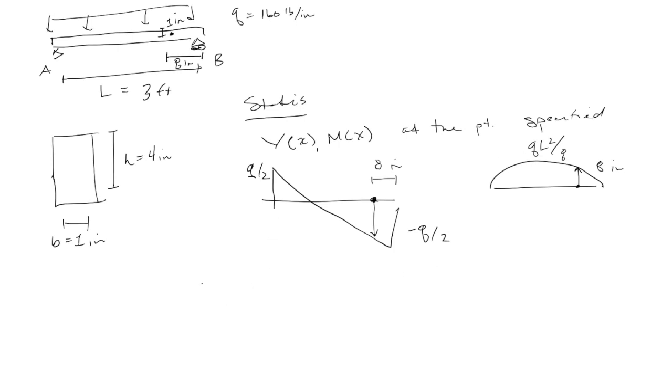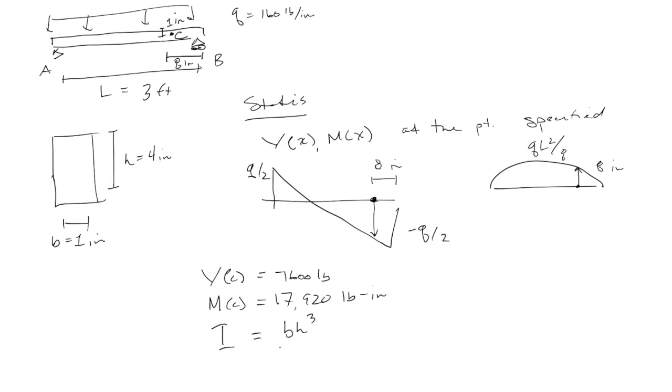Let's call this point C. So V at C is minus 1,600 pounds, and M at C is 17,920 pound-inches. Again, this is another opportunity for you to do some statics if you're struggling with these kinds of problems. Make sure that you can do all the statics and come up with the diagrams and the values that I did. The moment of inertia of a rectangular cross section is just b h cubed